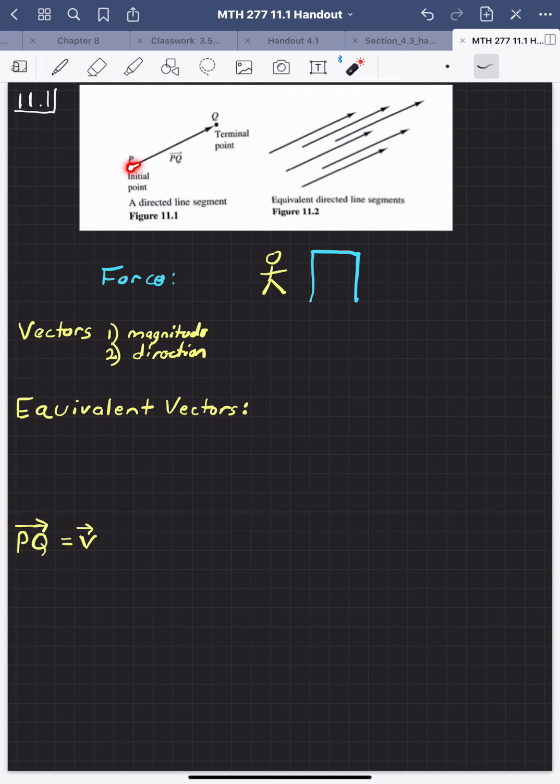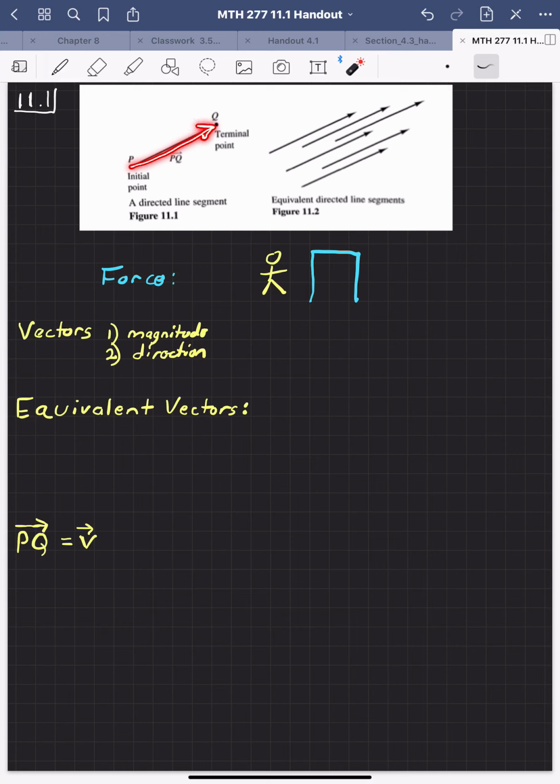And now, from point P, we're going to travel in a certain direction, and we're going to travel all the way until we reach another point, which we're going to call Q. So we are traveling from the initial point to the terminal point. Now we refer to this as